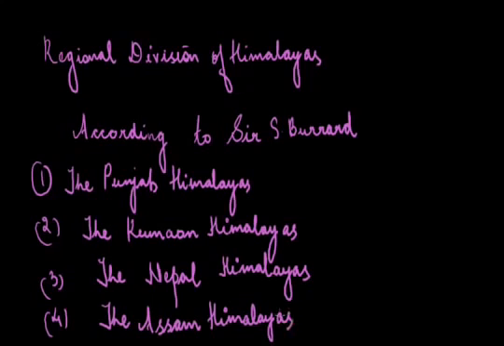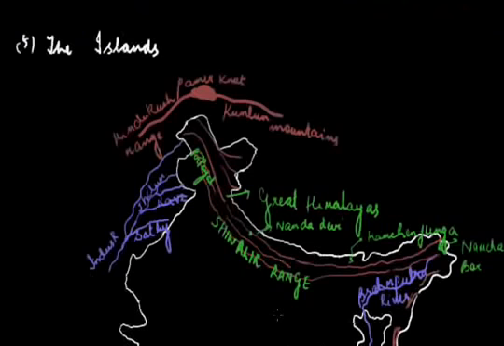Now coming back to the Punjab Himalayas, this section of the Himalayas lies between the river Indus and the Satluj. These are known as the Punjab Himalayas because the state of Punjab has a similar extension. It is also called the Jammu Kashmir and Himachal Himalayas because most of this section is located in these two states. This section is 560 kilometers long and the important ranges of this section are the Ladakh range, the Pir Panjal, the Dhauladhar and the Zaskar range.